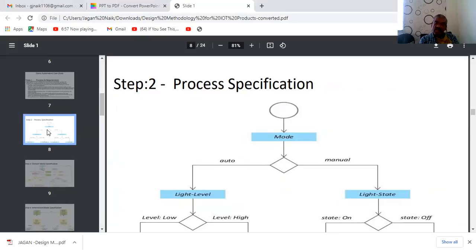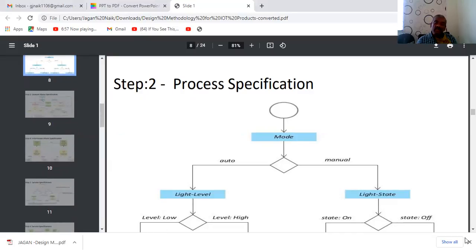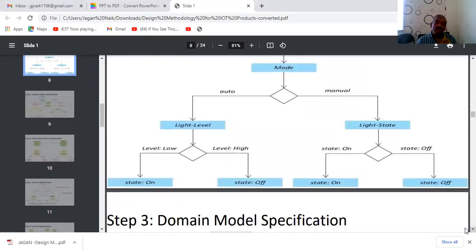When the mode is auto, with a conditional statement, if the light level is low, then the light is going to be on. If the light level is high, then the light is going to be off in the automatic mode.